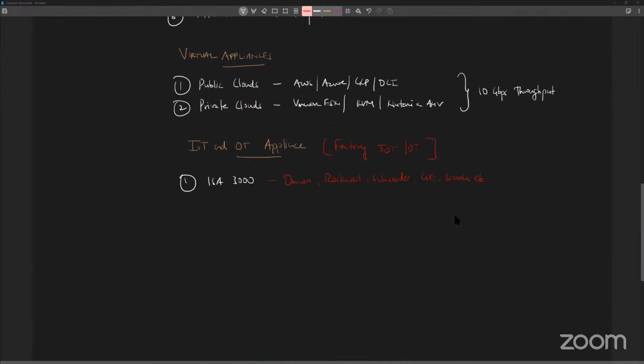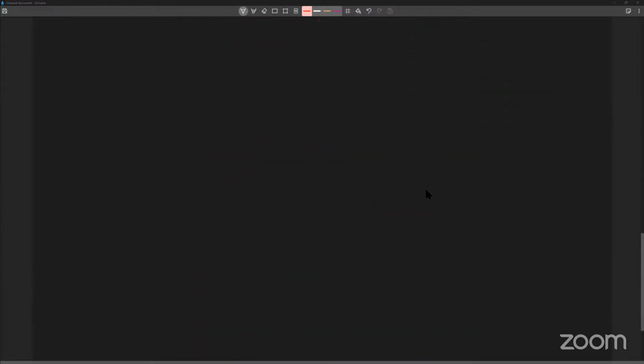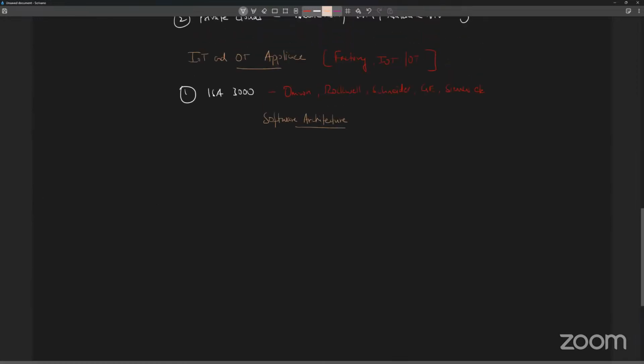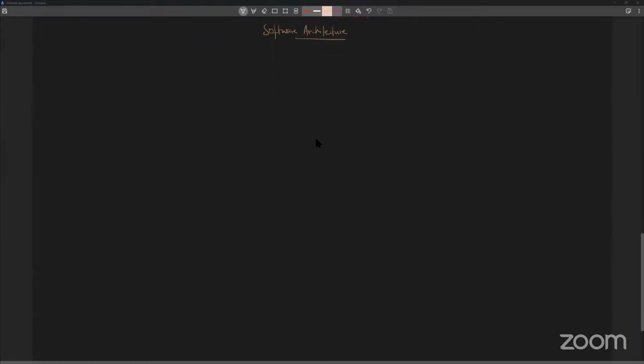So if we talk about the software architecture, again from the perspective of the chassis, at the very bottom layer here,